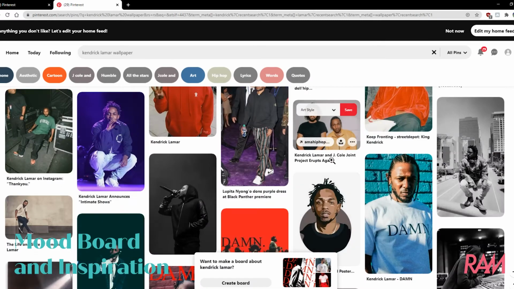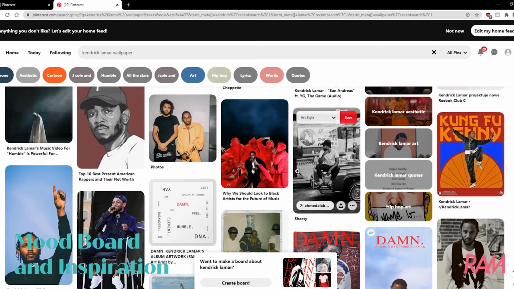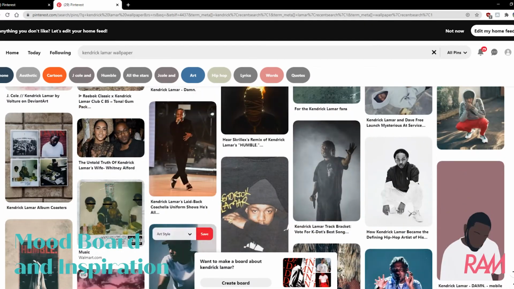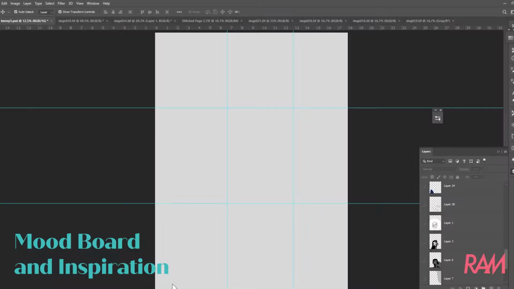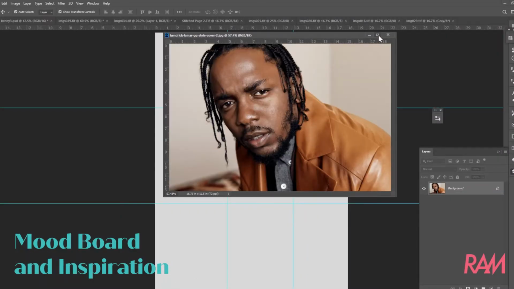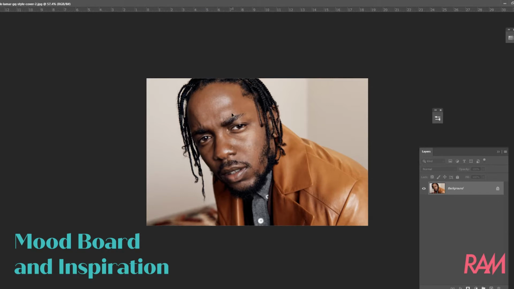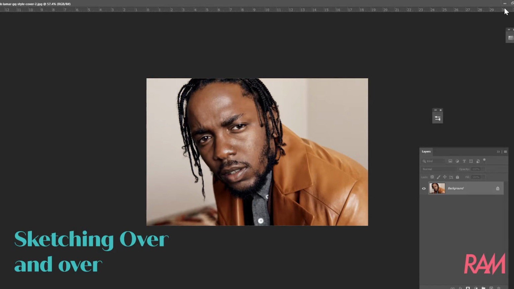with the photo reference, style and imagery that I'm getting from here, putting them all together. One of the big drawings that I enjoyed the most was this one, and I loved how close up and intense the photo was. It's very detailed. It's the GQ story that they did for him. Beautiful photo. So I wanted to use this photo,